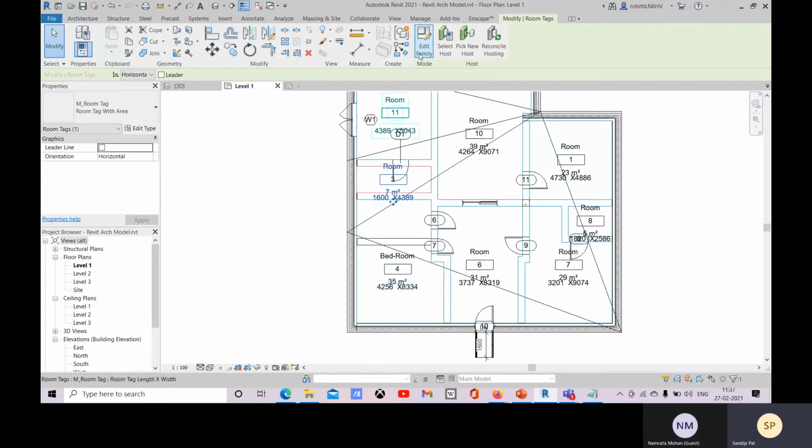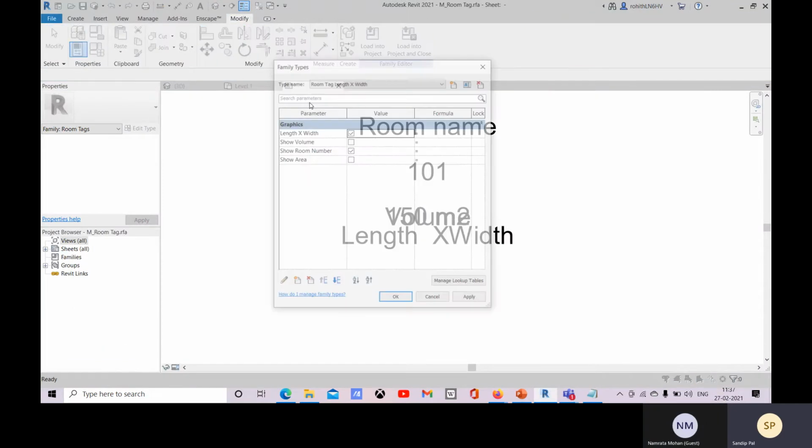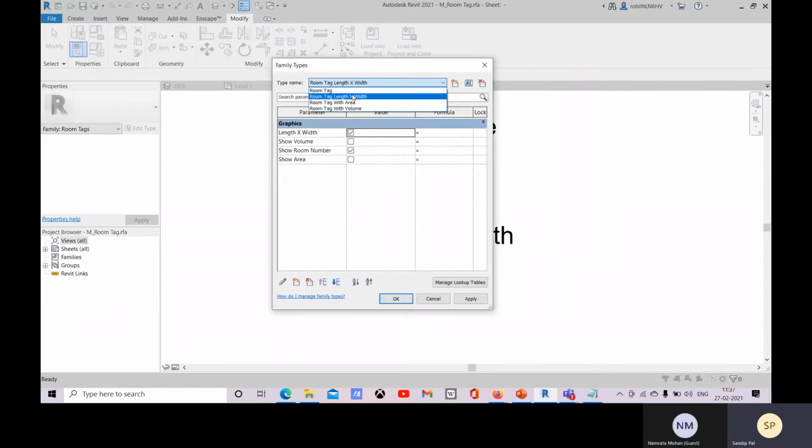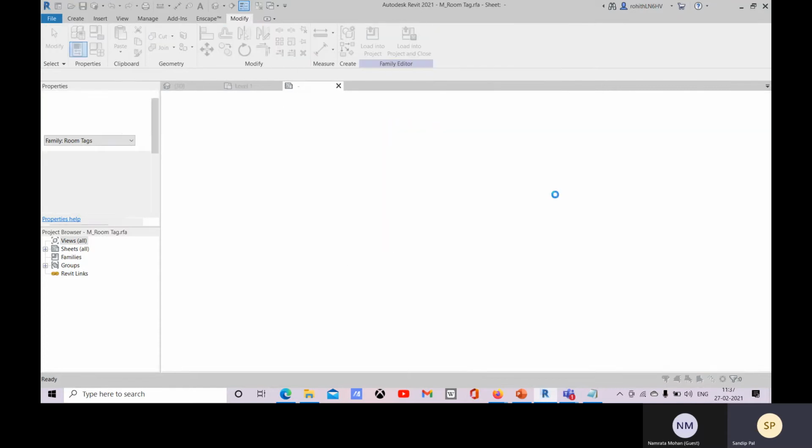So you can see, select it and come to edit family, and there you can see whether everything is checked properly or not, like this. For this, yeah, this is properly okay. Click on OK.